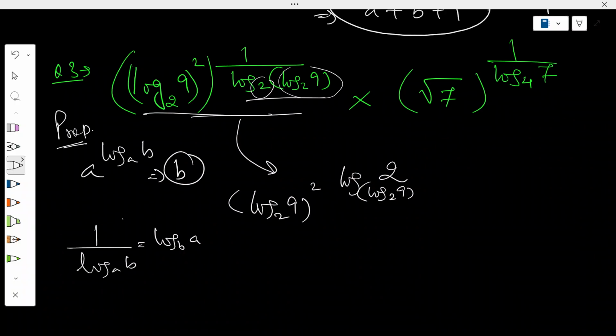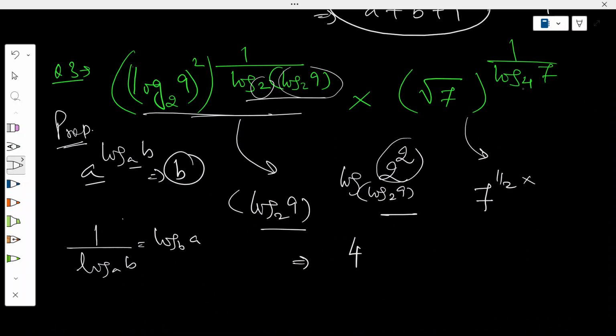And now what we can do is, since 2 is in multiplication with this, we can erase 2 from here and make this as power in 2. Now you can see that this and this and this is same. So whatever we have here will be our simplification for this. For the second one, we can write 7 root is half, value of the root is half,